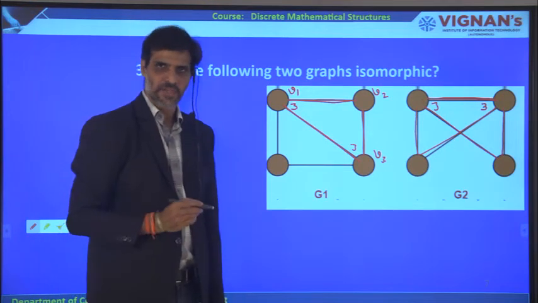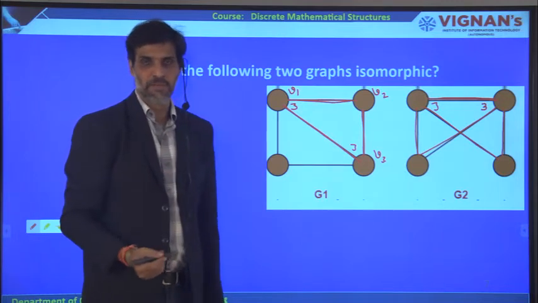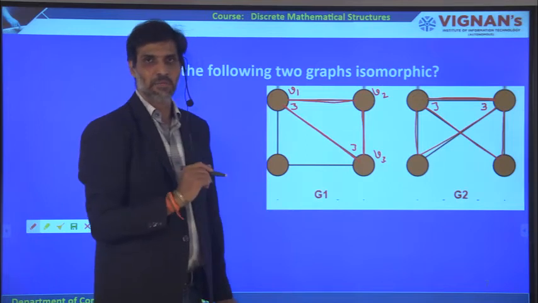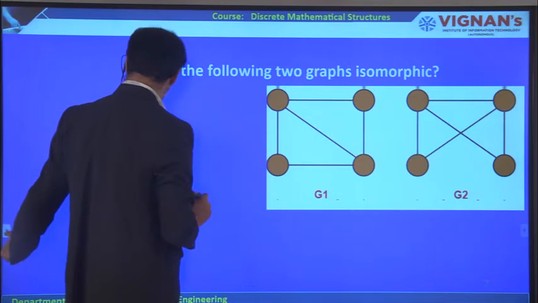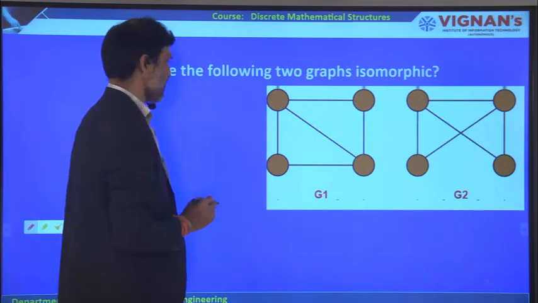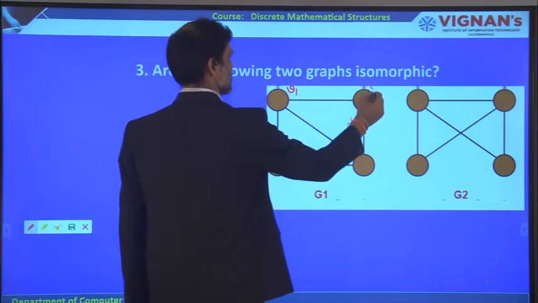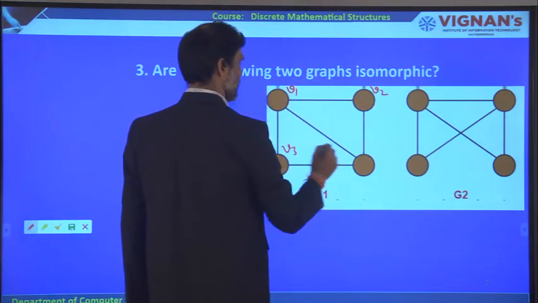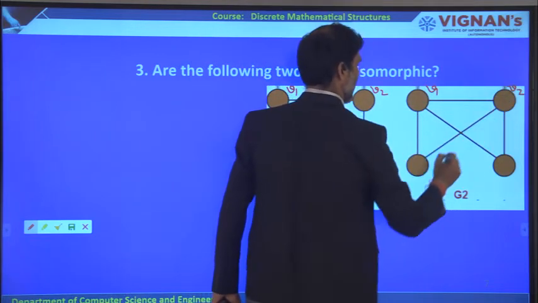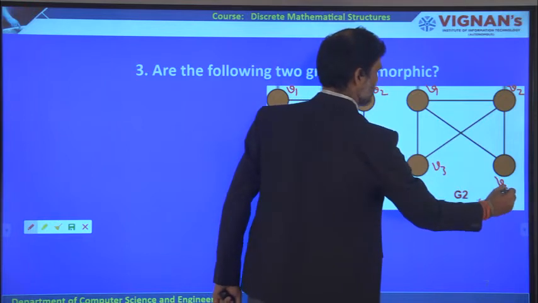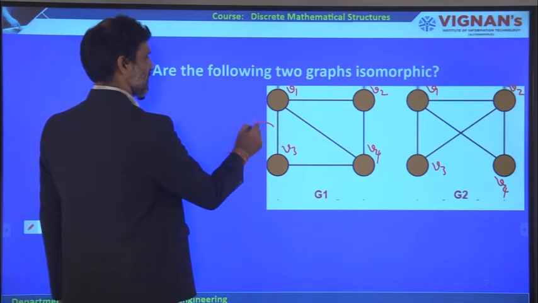Therefore this graph is what? Surely they may be isomorphic, but you cannot say exactly whether they are isomorphic or not. So to know whether they are isomorphic or not, you have to go for the sufficient condition. So you have to take the adjacency matrix representation for this: V1, V2, V3, V4, similarly V1, V2, or otherwise V3, V4. So otherwise you have to take the complement of this particular graph.